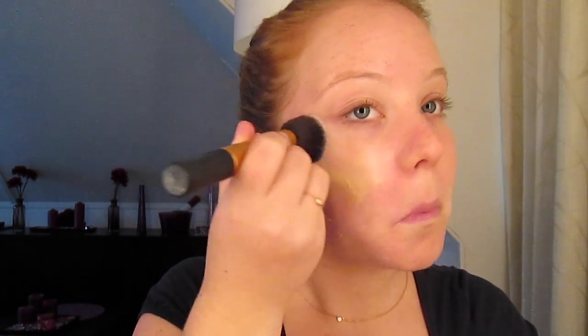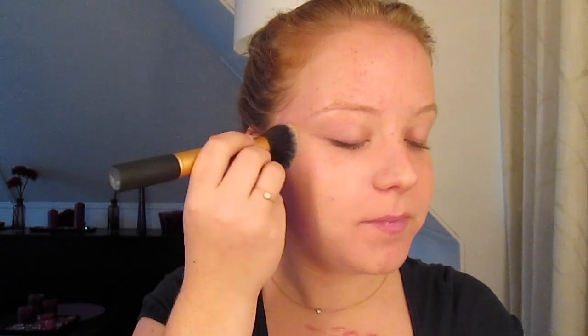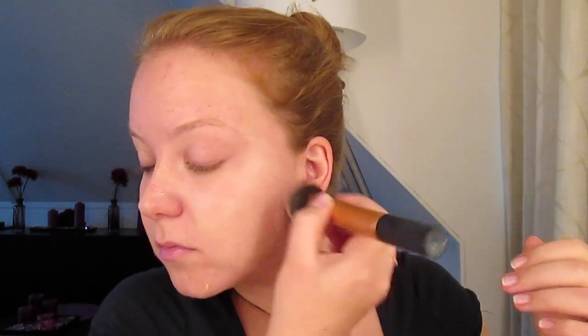And then with the same brush I just used for my moisturizer, I'm just going to use this to work in my foundation. And as you can probably see, that coverage isn't too heavy, which I like. I did mix a little bit too much, but that's okay. I have to take it down my neck anyway, so